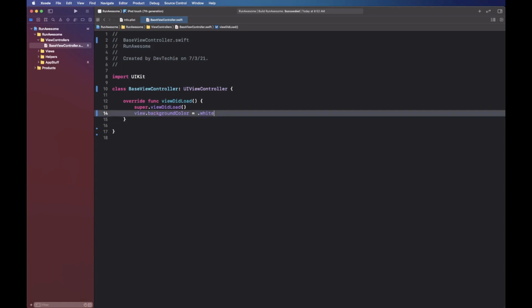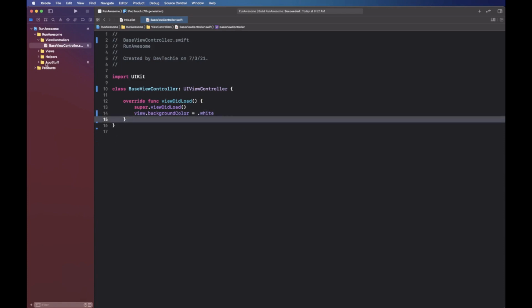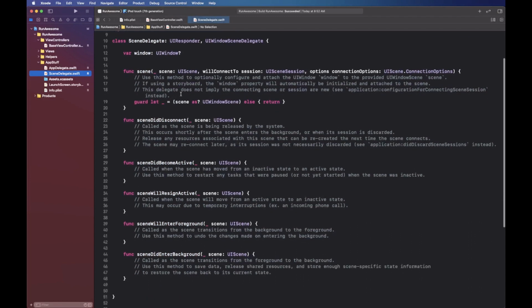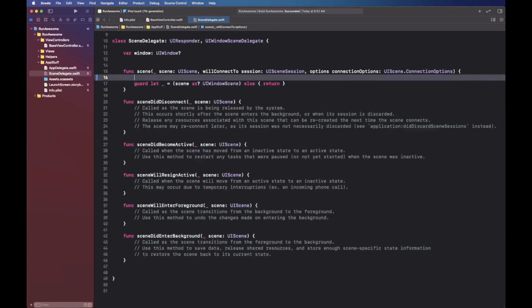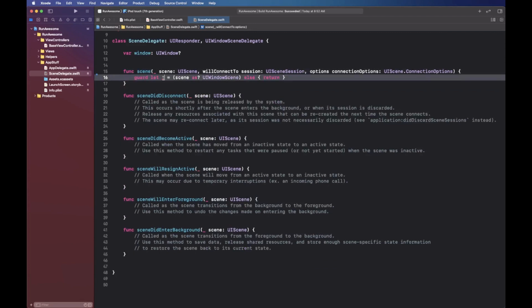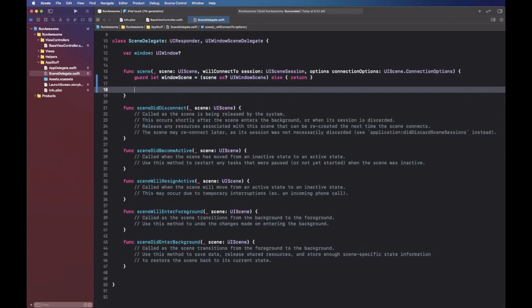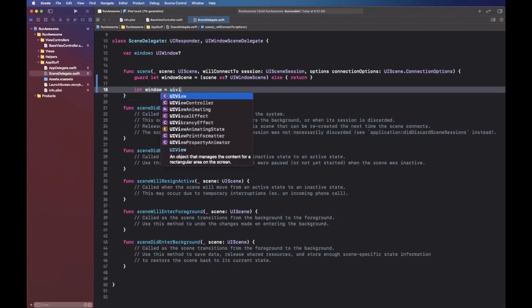Okay, all right, so because we are doing programmatic view controller initialization, next thing, we're going to go into the SceneDelegate.swift file. Okay, and in this function right here where your scenes are connected, you have this guard statement that is currently ignoring the window scene. So we're going to simply change this underscore into windowScene. Okay, and then we are going to create a window object, UIWindow,